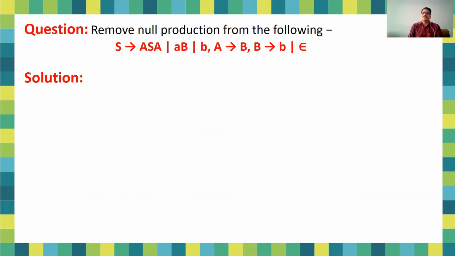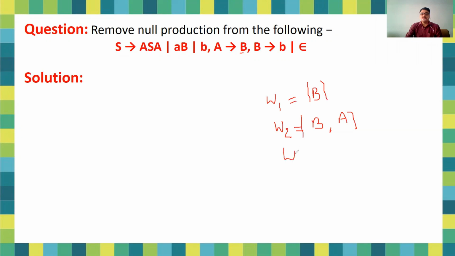So suppose you have to remove all the null productions from the given grammar. So just start with W1, the set of all the variables that are producing null. So B is the only variable providing you null. So just write here B. In another step, that is W2, start with W1, that is B. Now we have to check whether any combination of W1 is provided by any other variable. So just see here, this B is provided by A only. So here you can find this one.